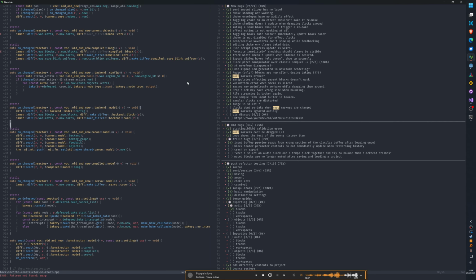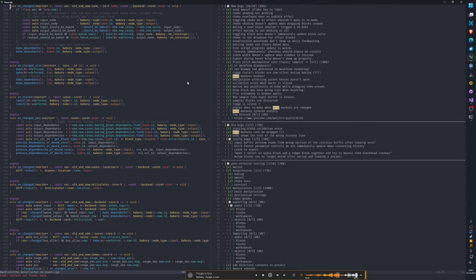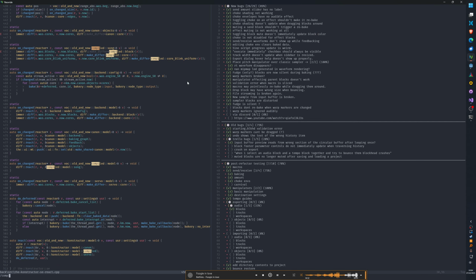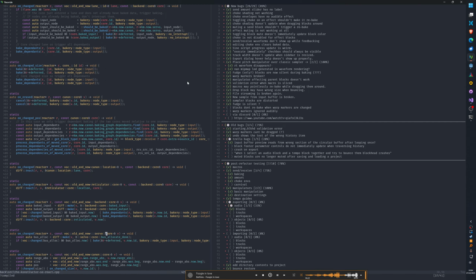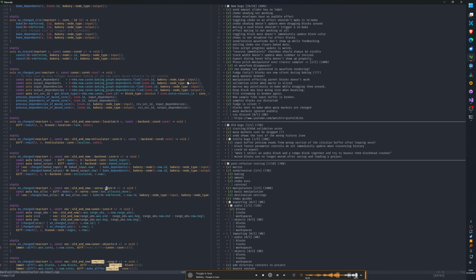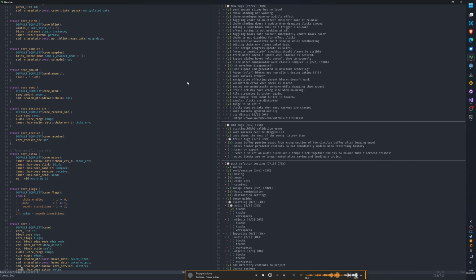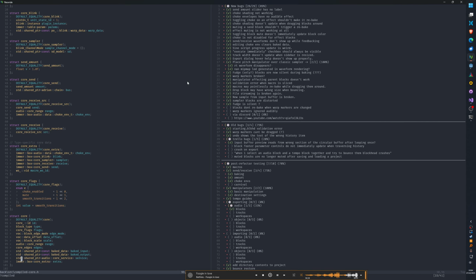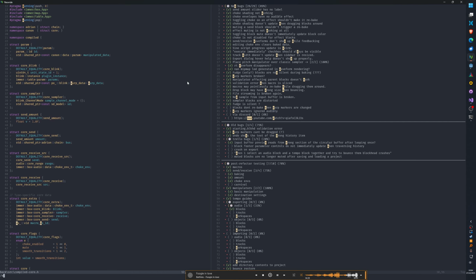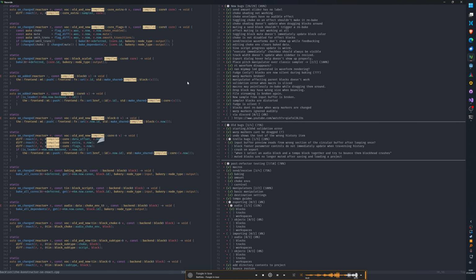Warp. It should rebake anytime the compiled core extra changes.